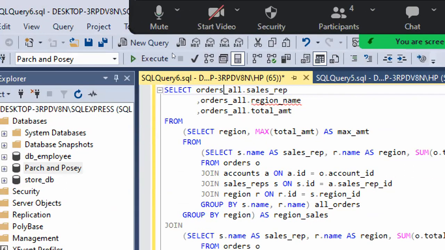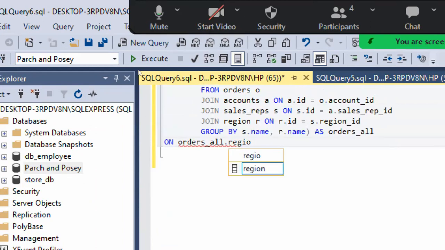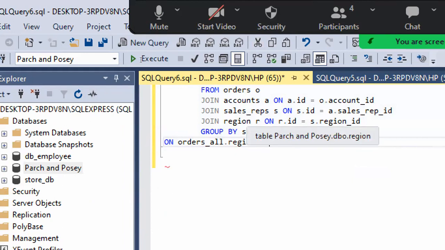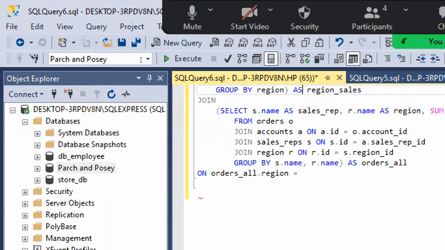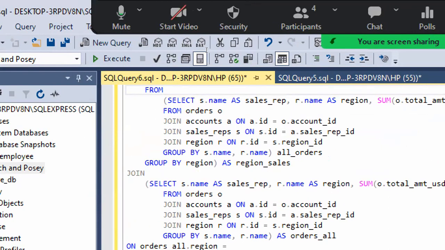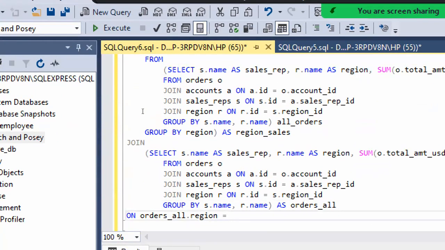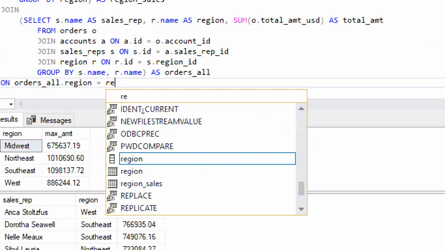Okay, yeah. So this is region, not region name. Apologies. Region, not region name. So that's all the region is equal to the exact same column in this first table here, right? So these others all region sales of column region also. Region sales of region is equal to region sales the region